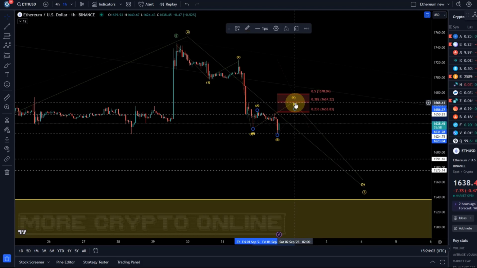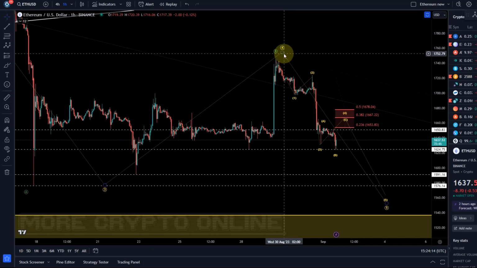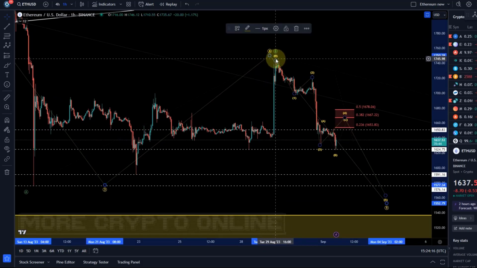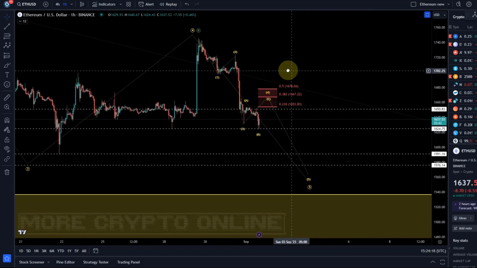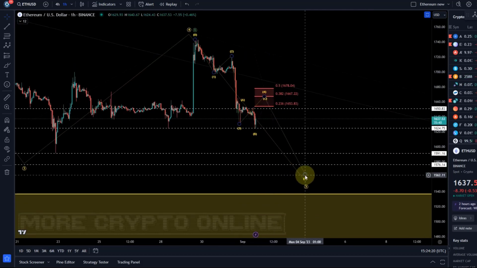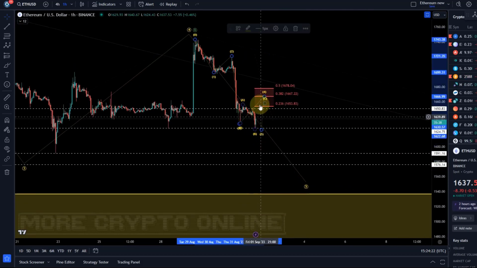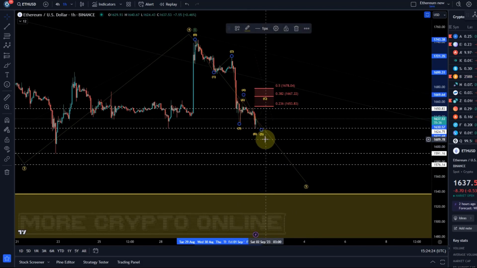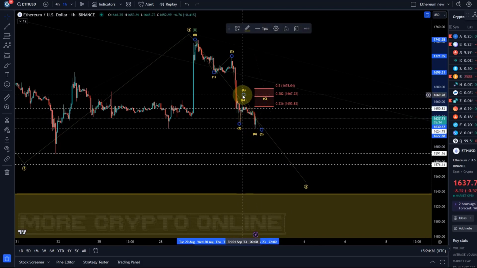It doesn't need to go that high, but 1678 would be the level. As long as price doesn't get a sustained break above it, we still focus on lower in a still unfolding 5-wave move that started here on the 29th of August at this high. And for me, this is not yet the wave 5. Again, it's always possible, but it's too short to be reliable.